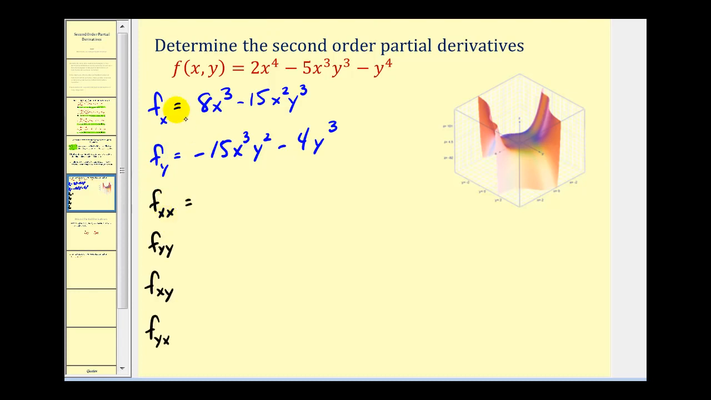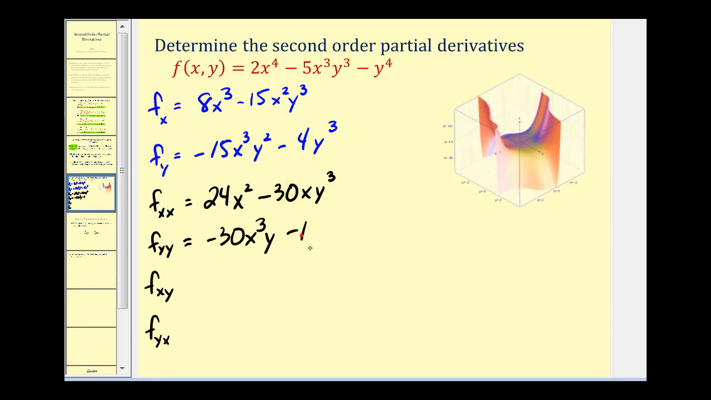Now let's go ahead and find all four second order partial derivatives. So here we're going to take this first partial derivative and differentiate again with respect to x. So we'll have 24x squared minus 30x to the first, y to the third. For fyy, we're going to find the derivative of this with respect to y again. So we're going to have negative 30x cubed y to the first